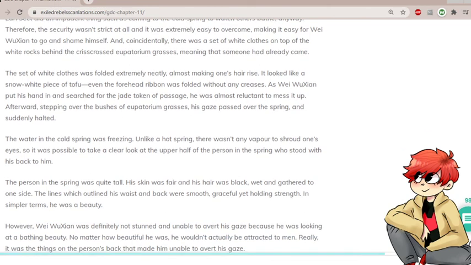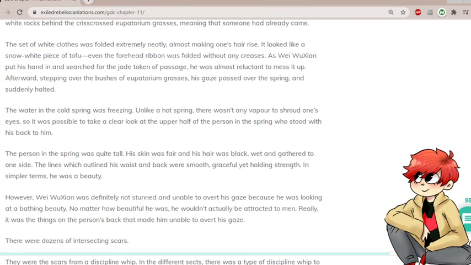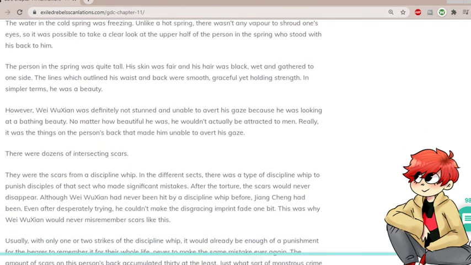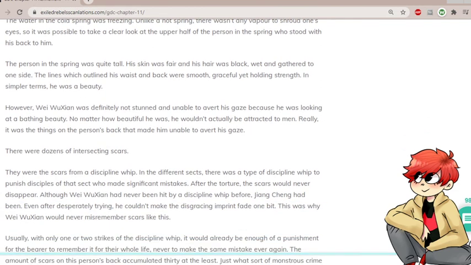Afterward, stepping over the bushes and the eupatorium grasses, his gaze passed over the spring and suddenly halted. The water in the cold spring was freezing. Unlike a hot spring, there wasn't any vapor to shroud one's eyes, so it was possible to take a clear look at the upper half of a person in the spring who stood with his back to him. The person in the spring was quite tall. His skin was fair and his hair was black, wet and gathered to one side. The lines which outlined his waist were smooth, gracefully holding strength. He was a beauty. However, Wei Wuxian was definitely not stunned, and unable to avert his gaze, because he was looking at a bathing beauty. No matter how beautiful he was, he wouldn't actually...